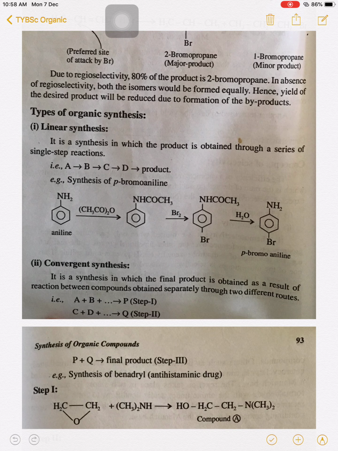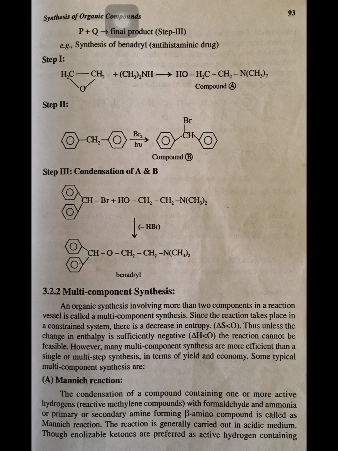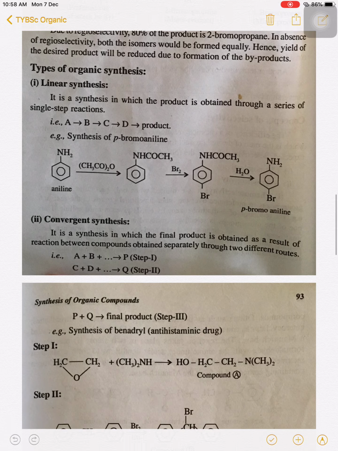Now see this one. Here A plus B gives P in the first step. In the second step, C plus D are reacted and we get Q as a product. In the final step, P, the product of the first step, and Q, the product of the second step, are combined. Then we get the final product in the third step. So in convergent synthesis, the final product is obtained as a result of reaction between compounds obtained separately through